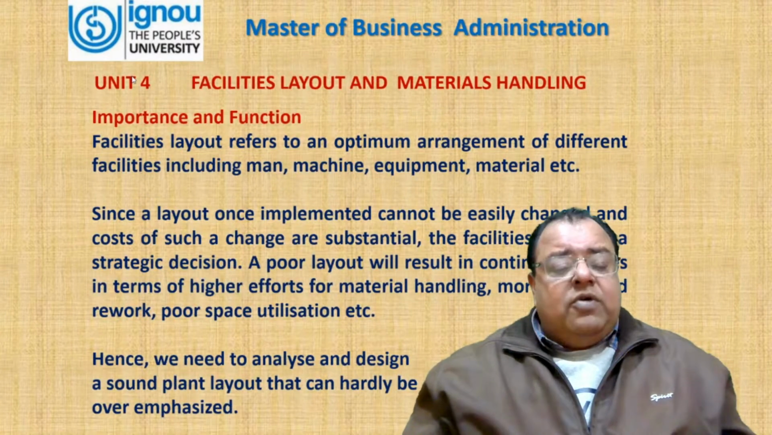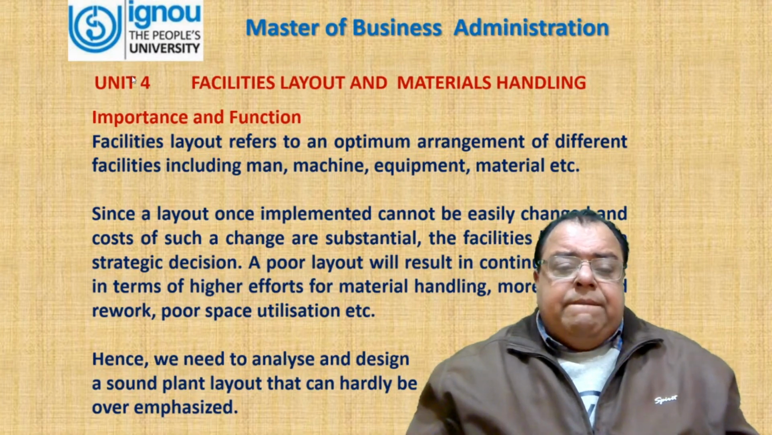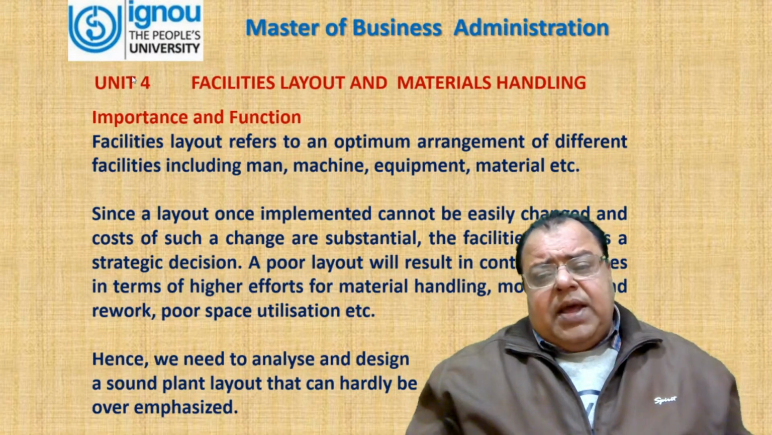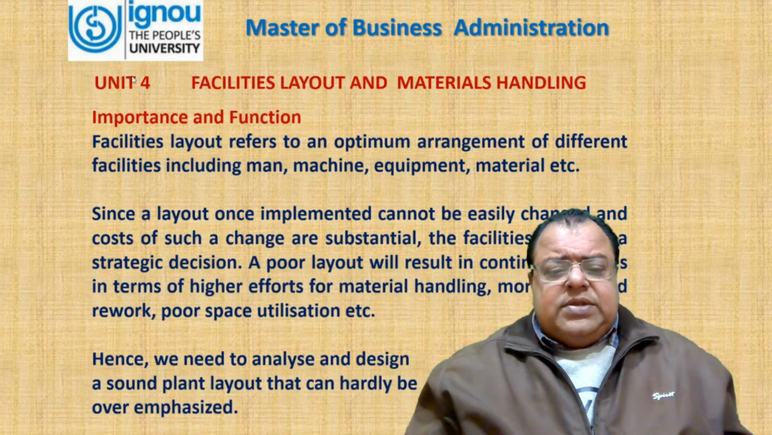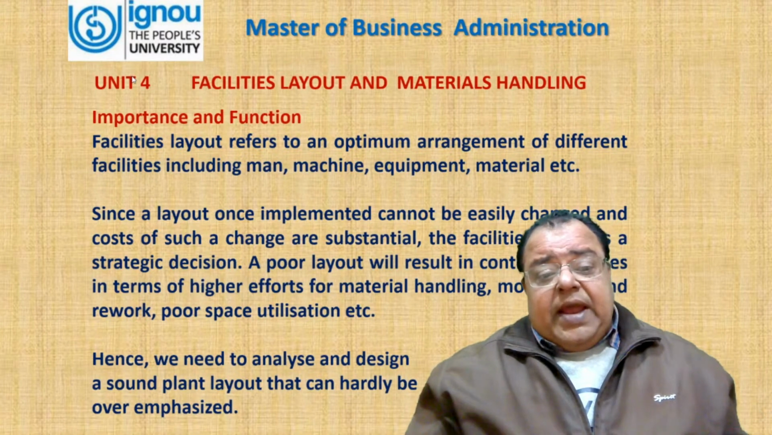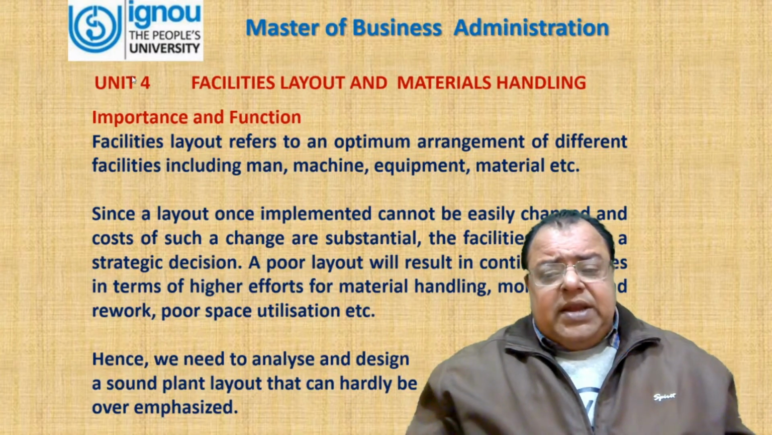Now we move to unit 4, that is facility layout and material handling. Facility layout refers to an optimum arrangement of different facilities including man, machine, equipment, material, etc. Since a layout once implemented cannot be easily changed and the cost of such a change is substantial, the facilities layout